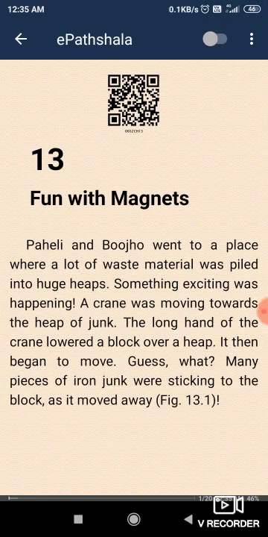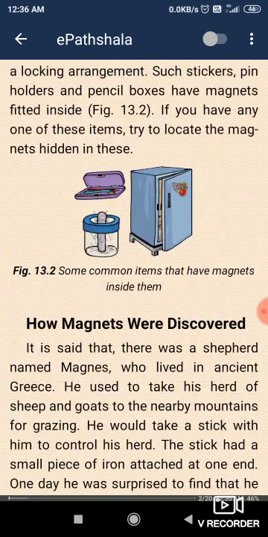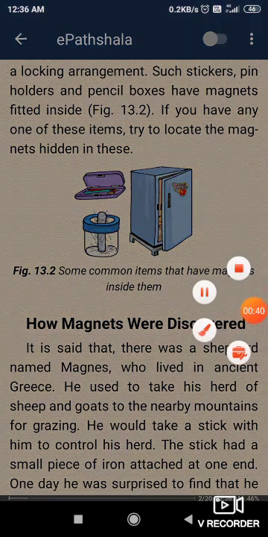Students, what is a magnet? Objects which attract magnetic materials like cobalt, nickel and iron are called magnets. Natural magnet: magnetite is called a natural magnet. Uses of a magnet: a magnet finds its use at a number of places. For example, refrigerator doors, some pencil boxes, many toys, magnetic stickers, soap stands and pen stands all make use of a magnet for their functioning.